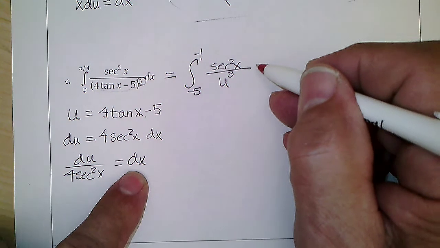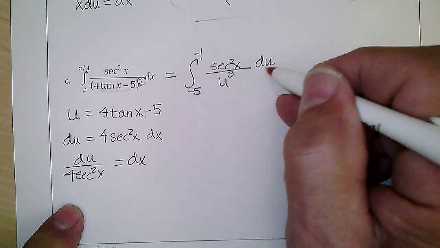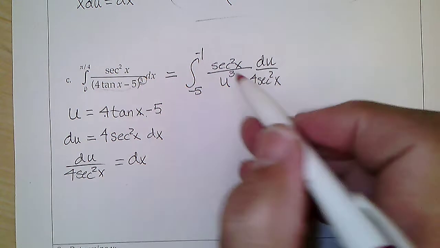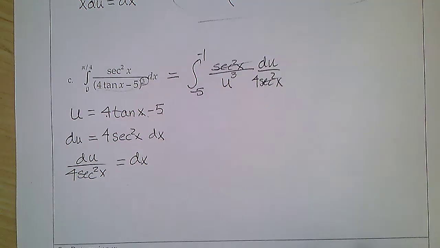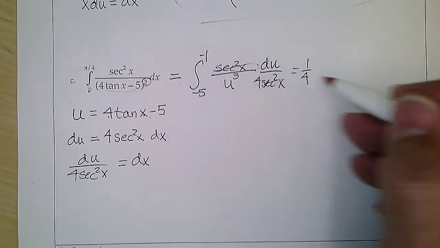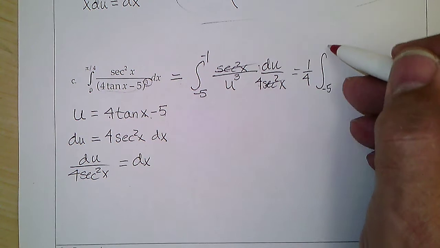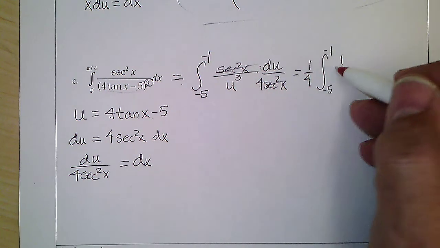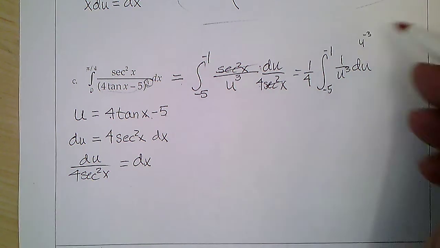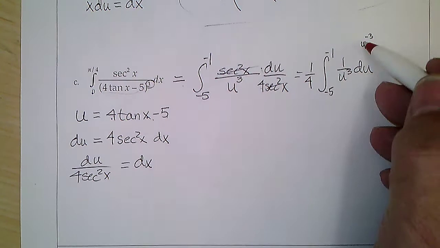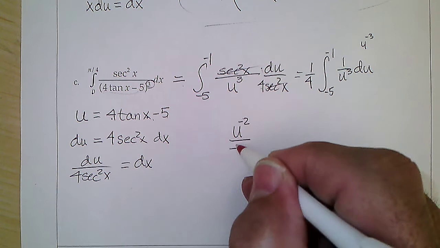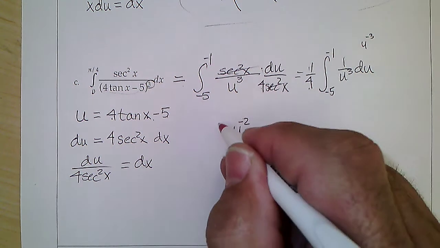Dx is du over 4 secant squared x. Secant squared x's cancel. The 1 over 4 comes out, so I get 1/4 integral from negative 5 to negative 1 of 1 over u to the third du. That's like u to the negative 3. So if I integrate it, add 1 to negative 3, and I get u to the negative 2 divided by negative 2. With the 1/4 out in front,